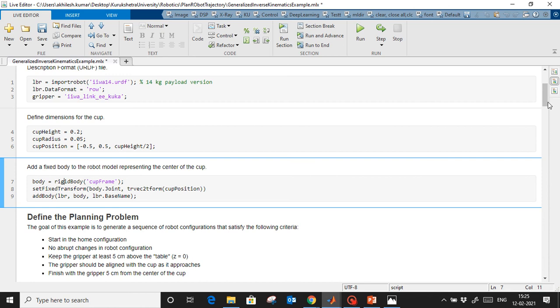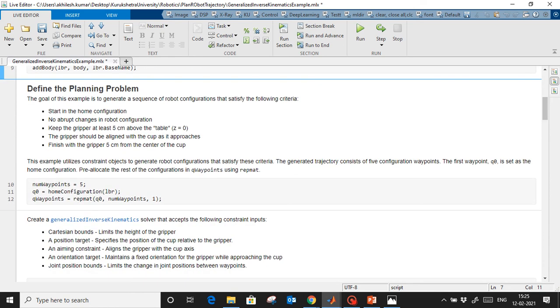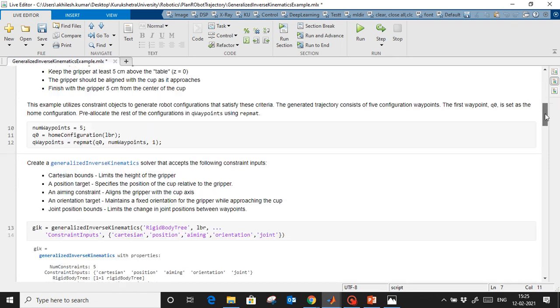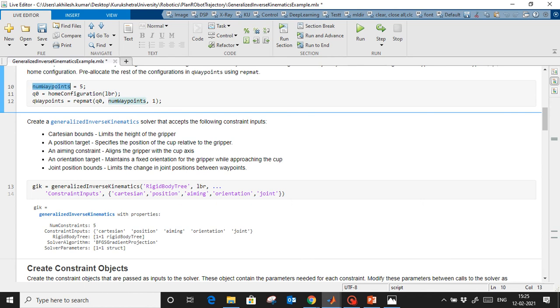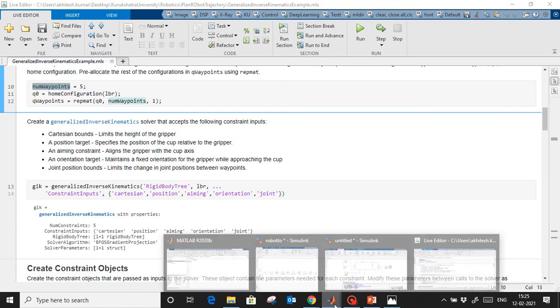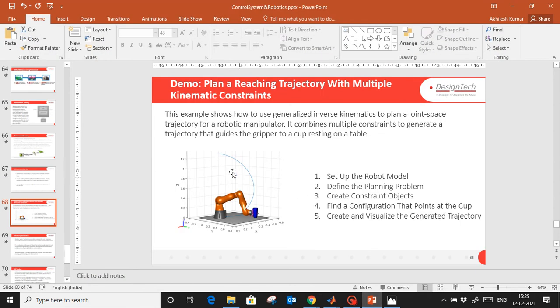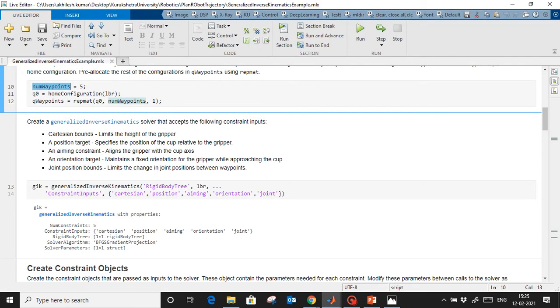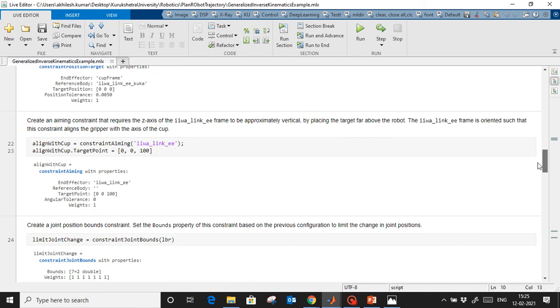So once we have that, then we define the planning problems there. Start in the home configuration, some changes in the robot configurations, where the gripping will start, that position you have to define. Number of waypoints means xy coordinates of that path which I was showing you here. This path, that's called the waypoint, how it is going here. So this waypoint is just a random waypoint which we are generating. Once this waypoint is generated, here